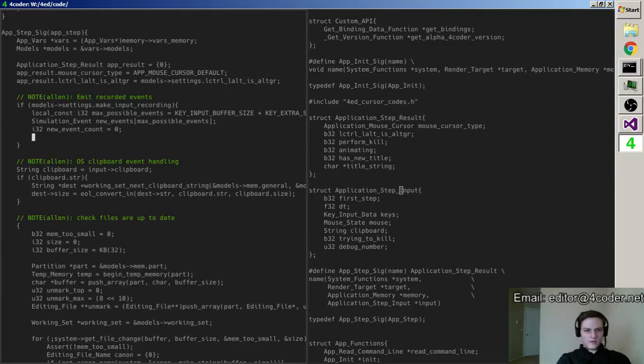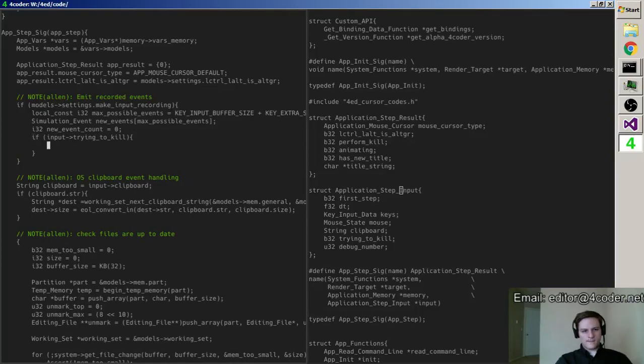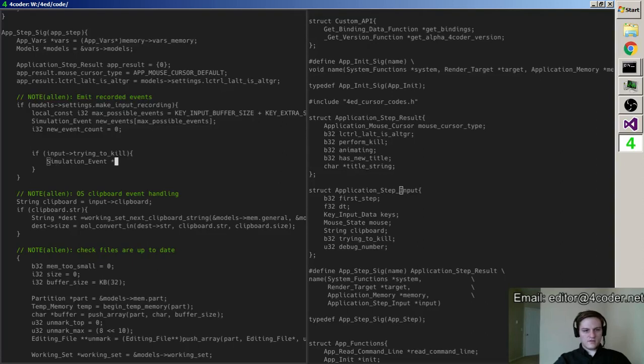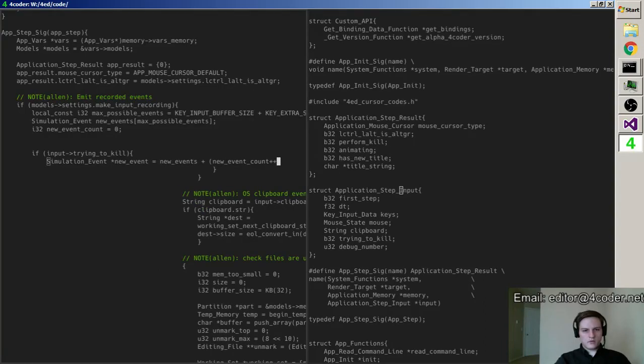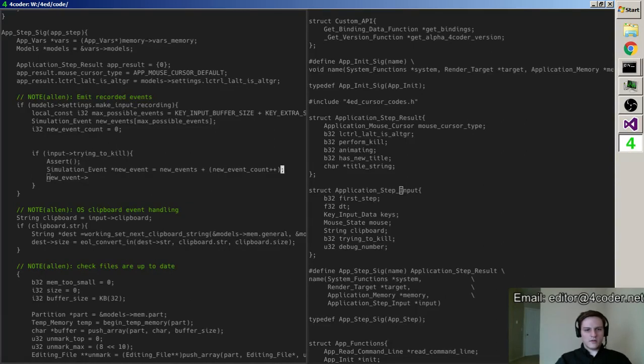So, for instance, if input is trying to kill, then we need to put that into the events. So simulation event new event equals new events plus new event counter plus plus new event, and at each step we should probably assert that this is still less than this, and then the new event,